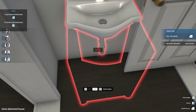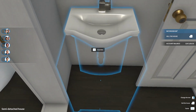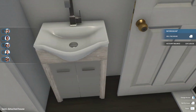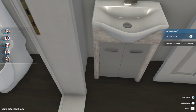Let's try the gray, I guess. So, yeah, I think we'll have to go right about there. We'll see how this ends up looking here. Yeah, okay, so that's how it's going to end up looking. I think that's fine. I mean, I could have pushed it all the way over, but...